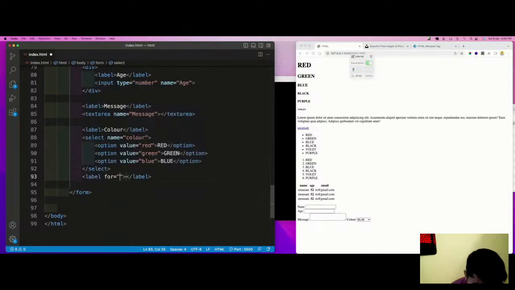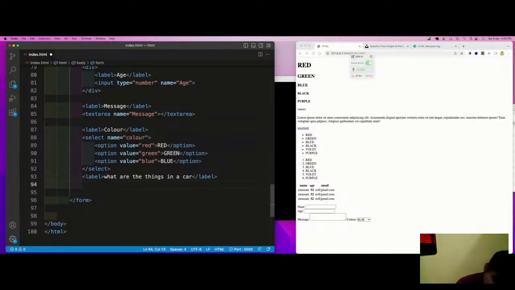So we have a label for, let's say, what are the things in a car?